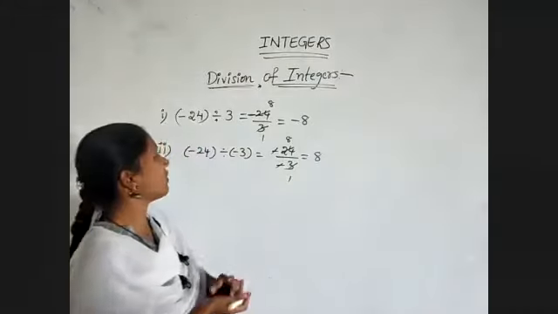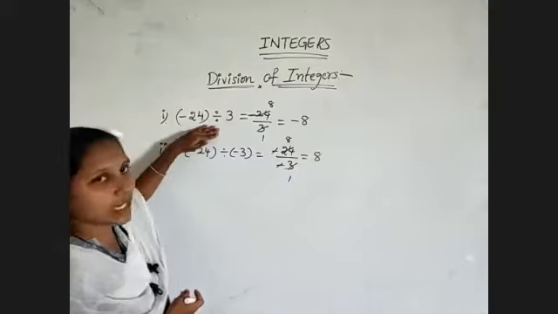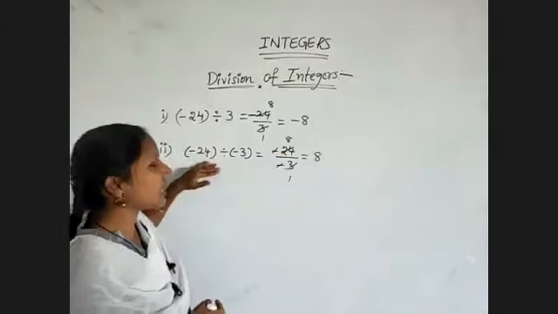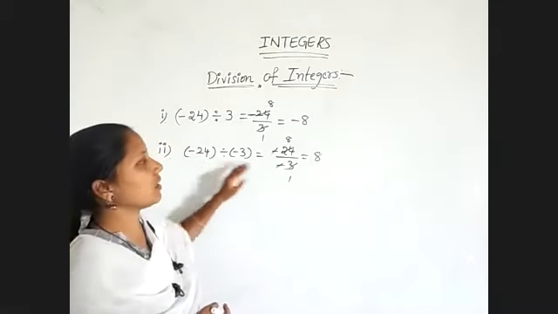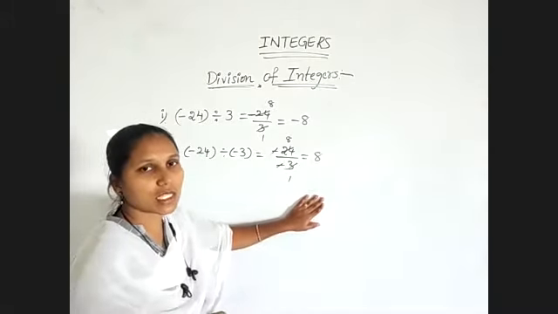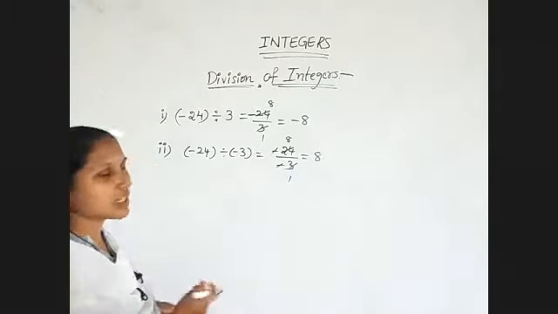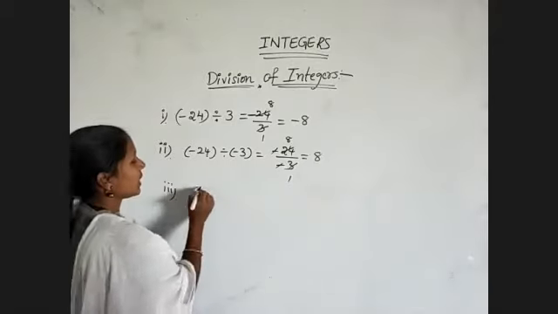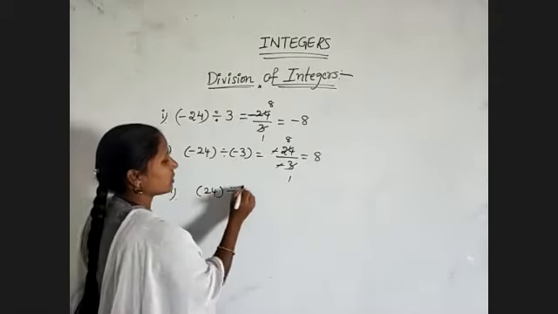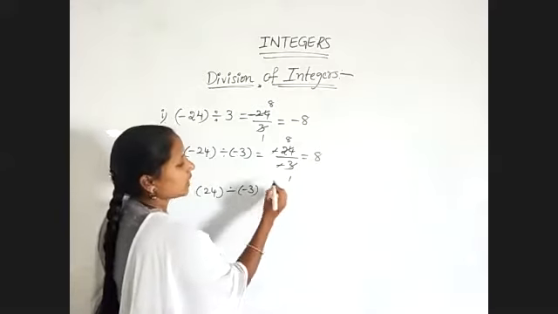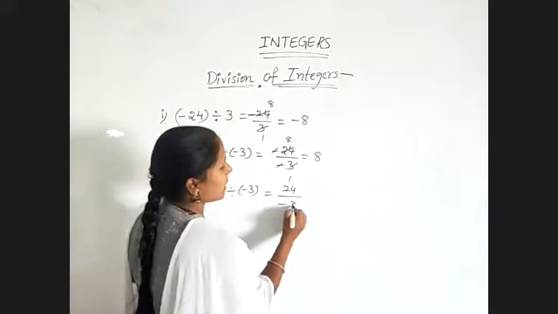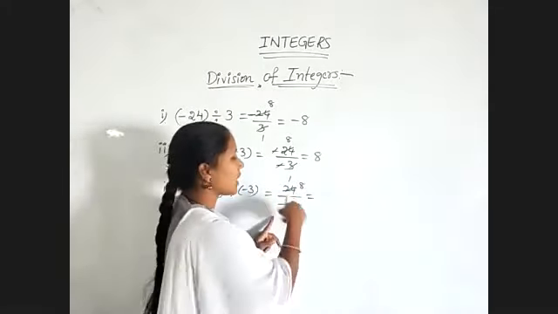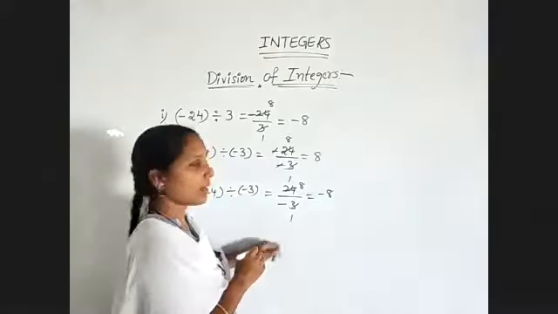Just observe, when you are dividing unlike integers, the result is negative. When you are dividing like integers, the result is positive. Only this thing we need to remember, that's all. Division is normal division only. Suppose you are getting a negative value in the denominator, in the divisor, then 24 by minus 3, 3 eights are 24. Even if it is in the denominator, it is considered a negative value, so minus 8.